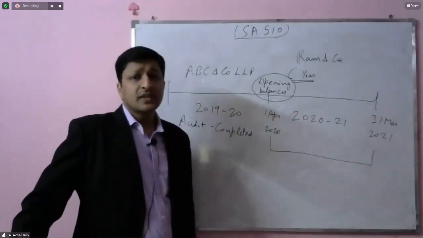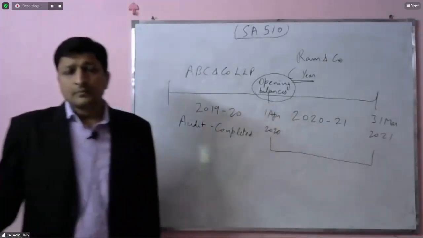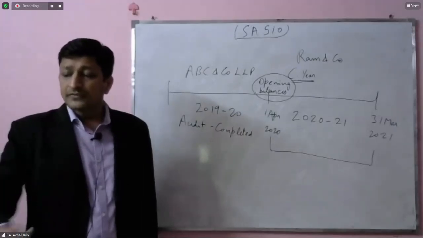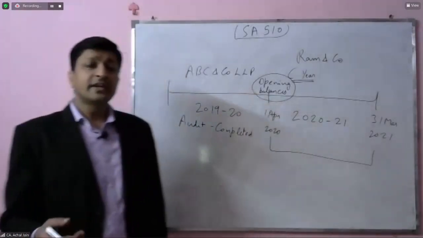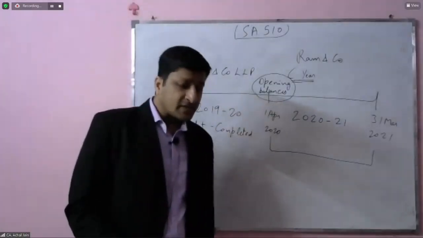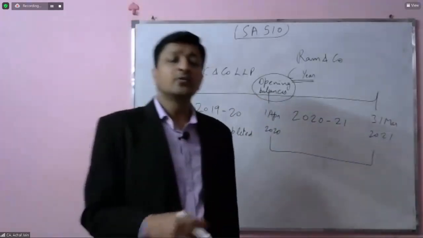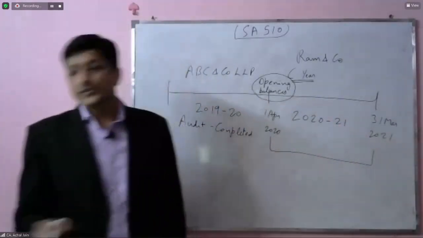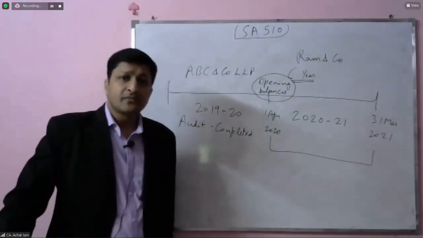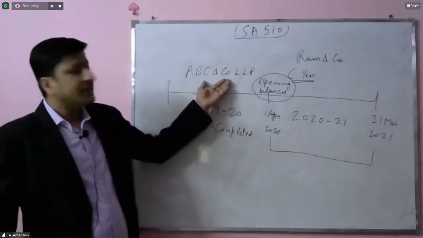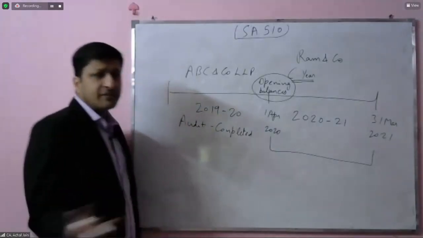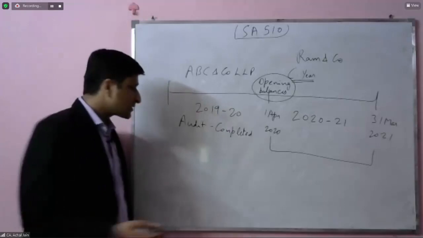And this is not something which we can say is a duplication. Some of you may have a query: will this not be a duplication, because if the procedures are already performed, then what's the need to go in for those procedures once again? Even if the predecessor auditors would have continued, they would also have performed certain procedures on this. Let's try to understand what procedures would have been performed if ABC and Company LLP would have continued with the audit. I think the first and very common procedure known to all of us will be